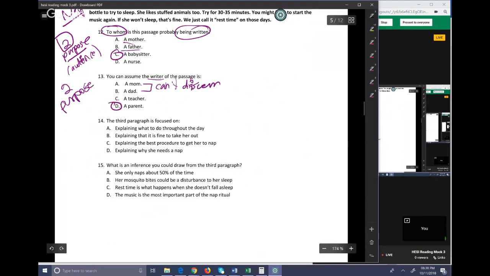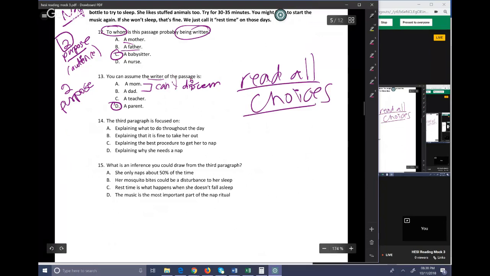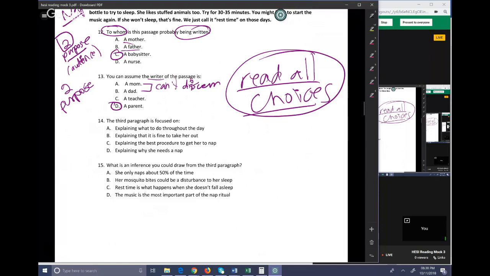So you get down to the end. This is where reading all choices is critical. I remember 2 to 3 times while I was taking this mock that I wrote that down. Read all your choices, especially if you're like a mom, a dad. Wait a second. Do I know whether it was a mom or a dad? Keep reading your choices because they probably end up giving you something much better. In this case, parent is perfect because then you don't have to discern gender. Not to a teacher because it sounds very specific to the kid being at home.